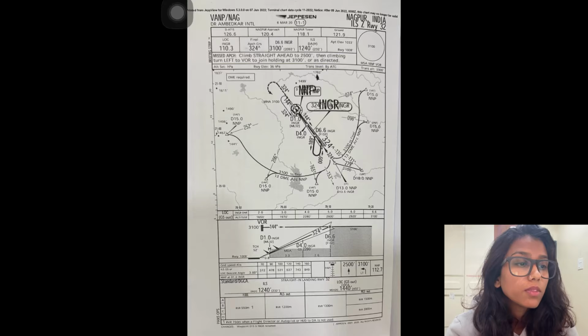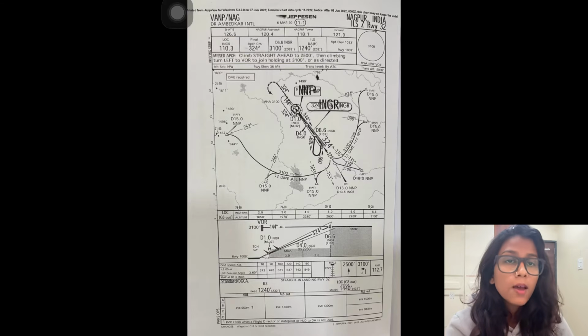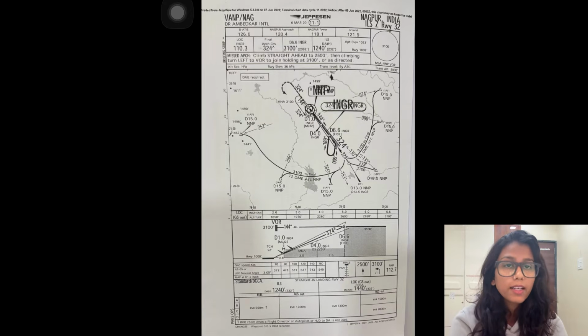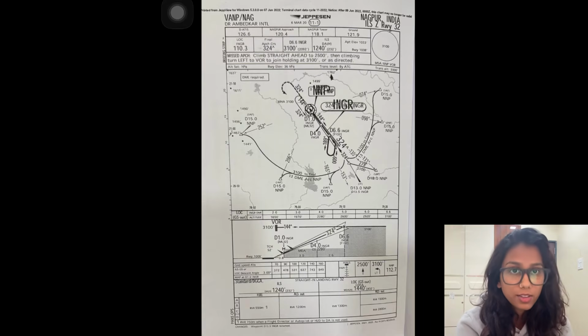So to enter a hold or to make a DME arc, which is all included in your instrument flying profiles, you need to know how to read this chart. If you know, then only you can make a holding pattern or a DME arc. Or if you want to fly instrument flying, then you need to understand how to read this chart. So I will be making another video for this particular reading of chart,